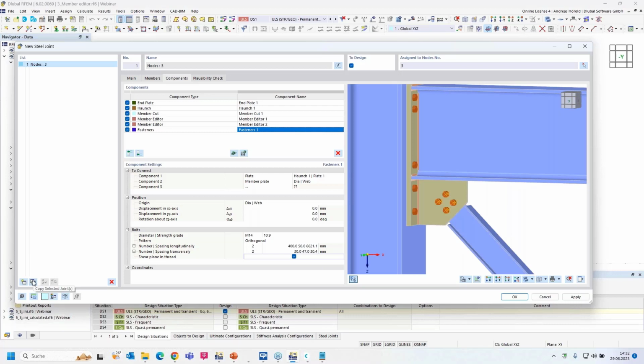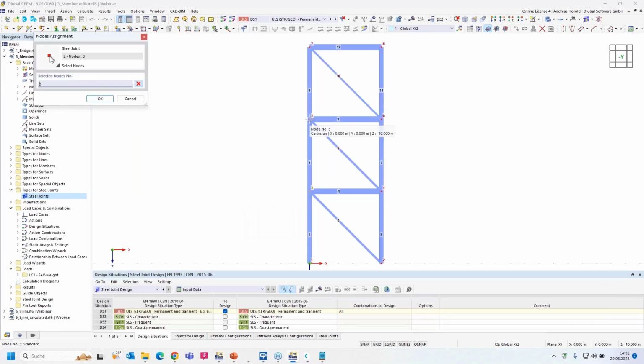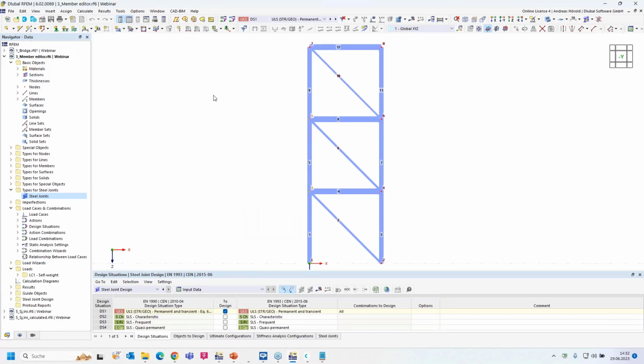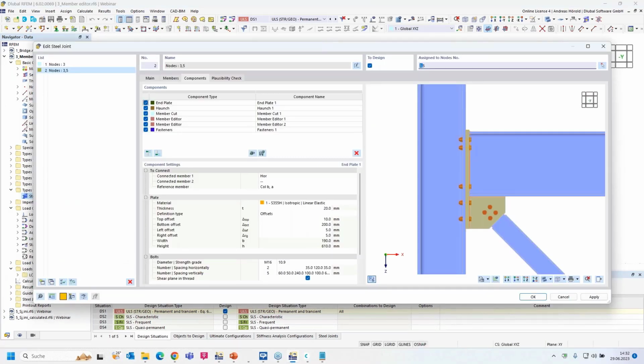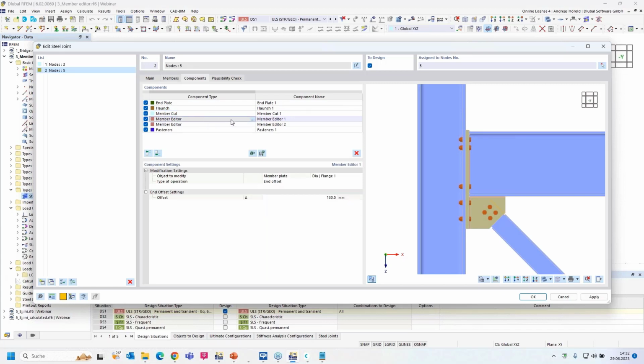Copy selected joints. So, and I select the R1 node number 5, and I delete node number 3. So all was copied,